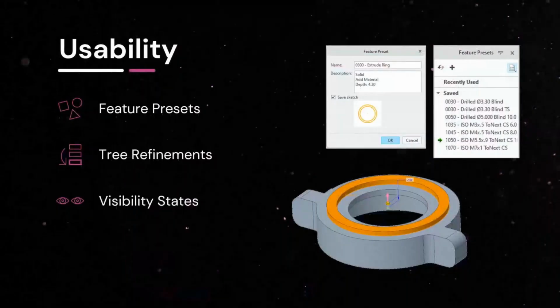Actually, one of my favorite additions to Creo 12 is the first one in the list here, which is feature presets. And these are a real big time saver, I think, for repeatable design work. I would imagine most of you tend to create the same types of features over and over again. We're all working in our own industries, within our own businesses, and we tend to develop similar products, and therefore you're using very similar features on a very frequent basis. Things like holes, cutouts for vents, maybe mounting bosses, or maybe a particular round or chamfer that you're always applying